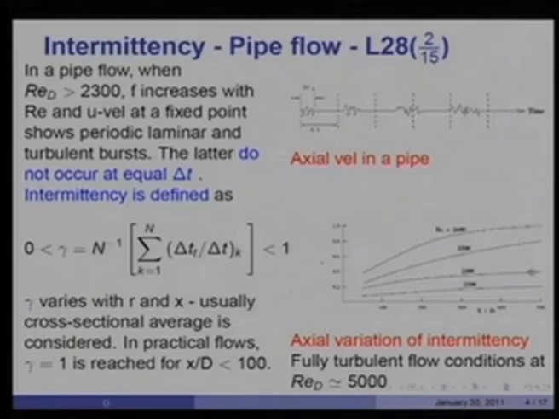At 2400, x by d of 500, it has reached about 0.4, but at 2500 you will see it has reached about 0.8, and at 2600 it has reached almost 1 at x by d of 500. Now, if you had a Reynolds number of 5000, then of course, it will reach the fully turbulent gamma equal to 1 in a very short distance, and it is such flows that we say are turbulent right from the inlet itself. Between 2300 and